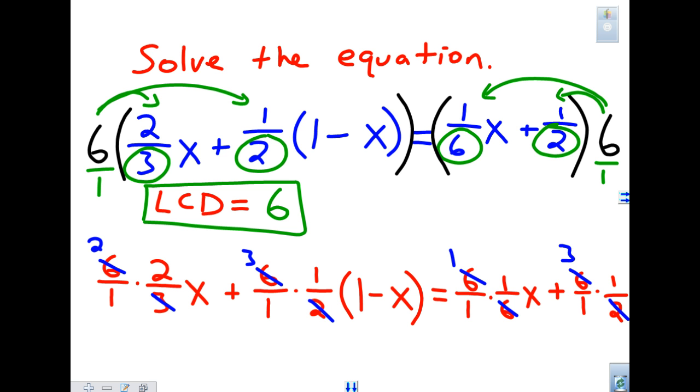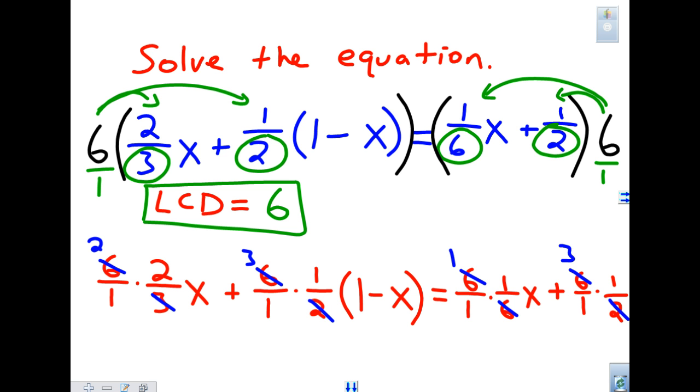On the right-hand side, very similar things happen. The 6's cancel out in the first term on the right-hand side. And the second term, we have the 2 canceling out with the 6 and leaving us with a 3. The way we simplify this is we multiply whatever's left over from our common denominator to the numerator that was already there in the fraction in the equation. And in every case, it will be over 1, and we can drop that 1,